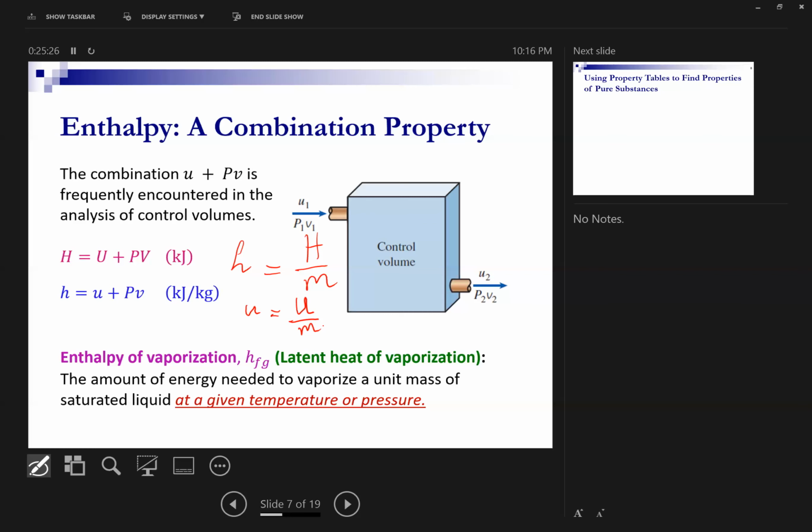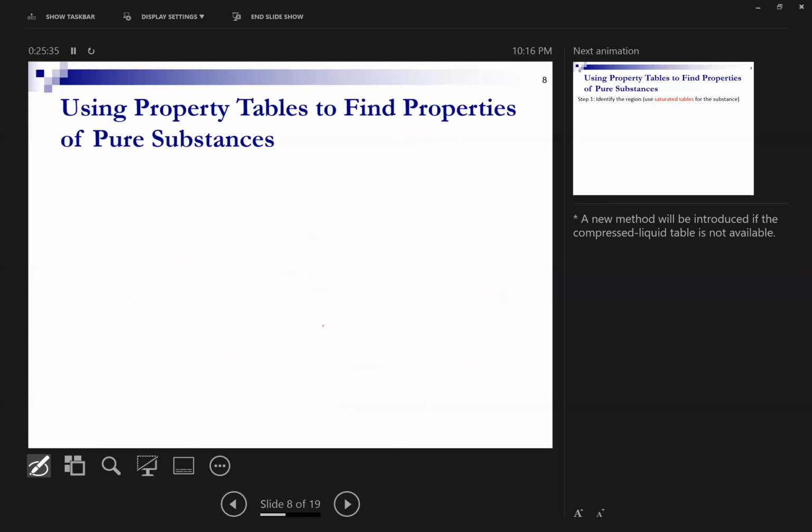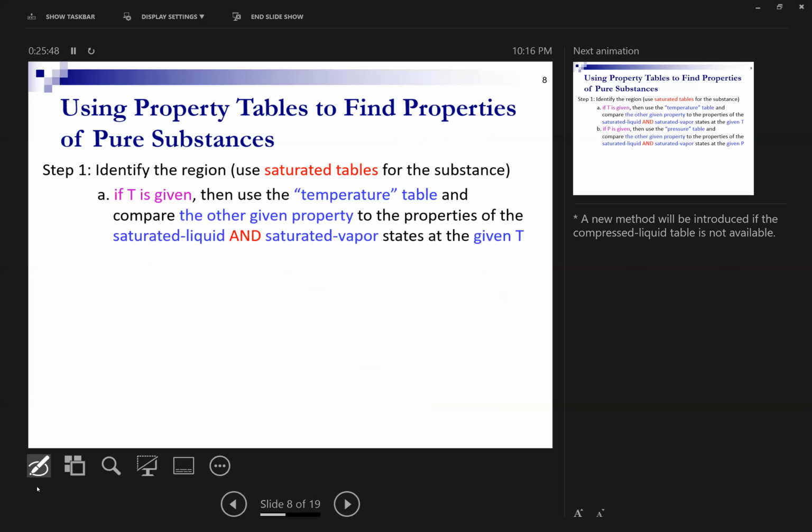Now let's see how we can use thermodynamic uh, properties. Let me see. Okay, property, using properties. Let me see. Here we go. Uh, okay, let me see. What do I have here? Okay, here we go. First of all,